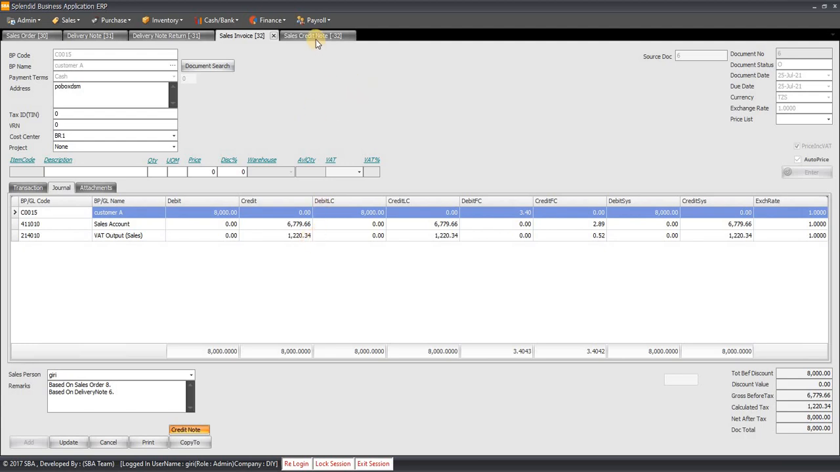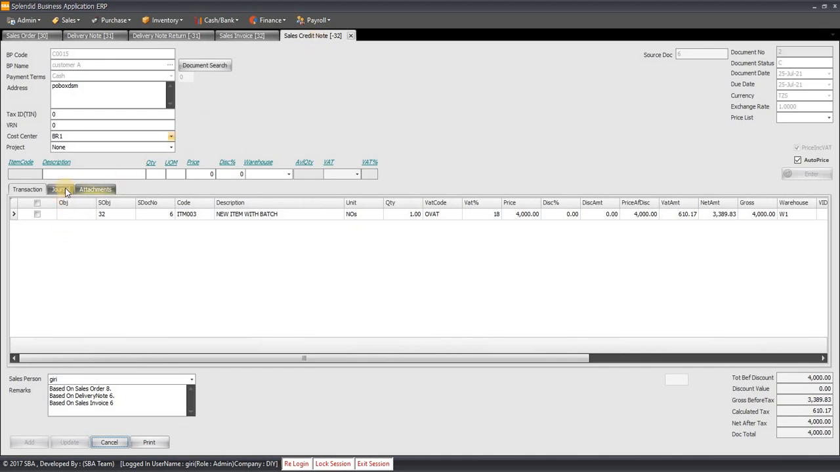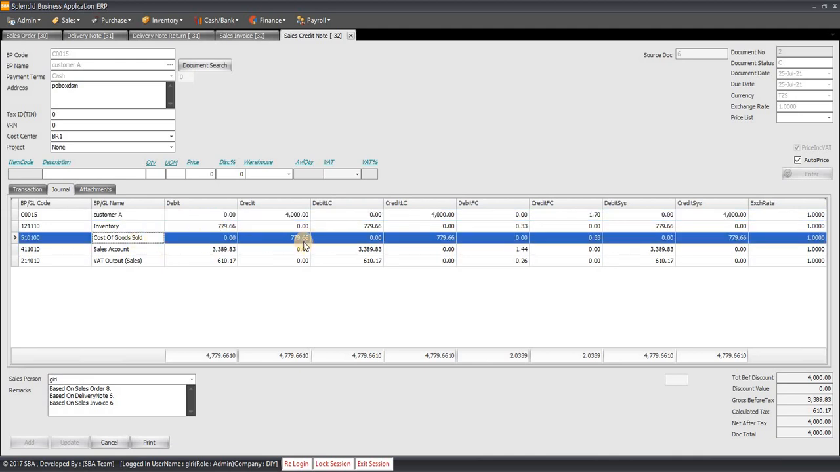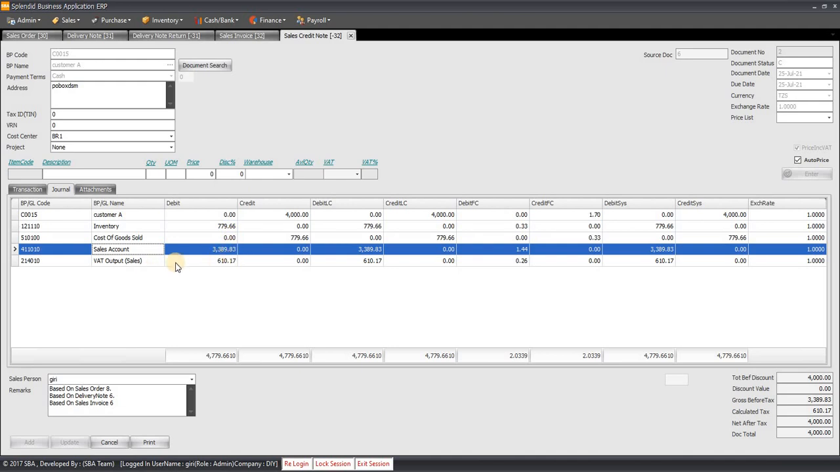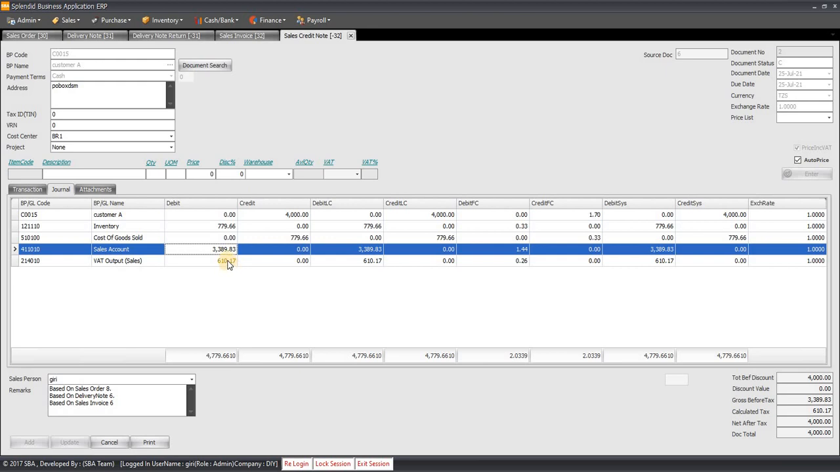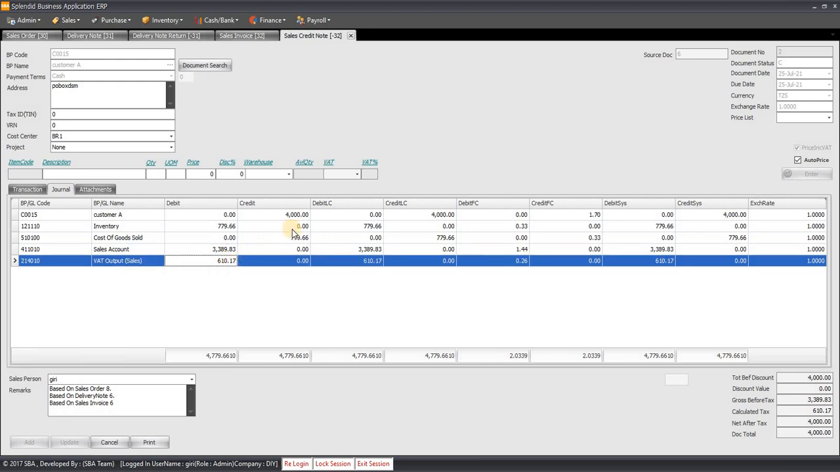In the same way, vice versa, in the credit note event, you will see that the journal entry has been passed as the customer account being credited. Because the inventory we are taking inside, the inventory account is being debited, and the cost of goods sold, which is our expenses account, is being credited. At the same time, the sales account is being debited because we are returning it, and the VAT output account of the sales is also getting debited. So that's all of the transactions of the sales